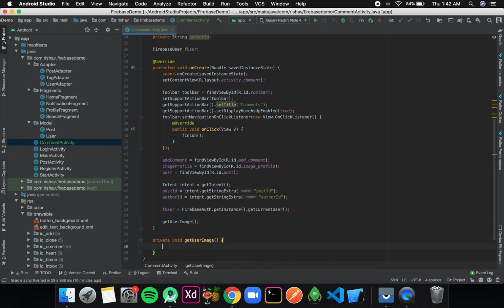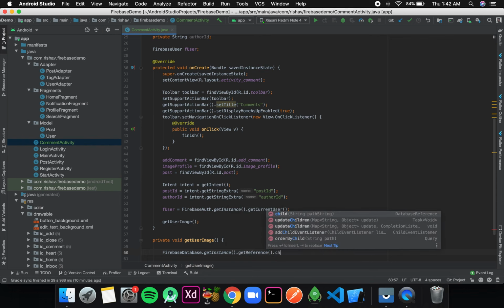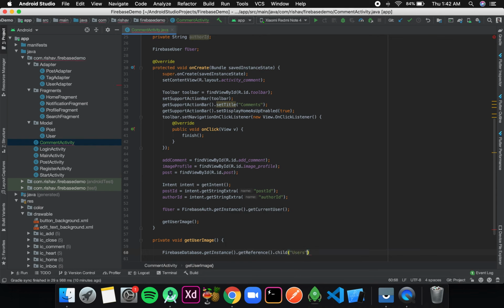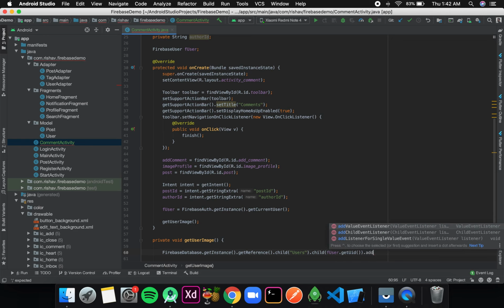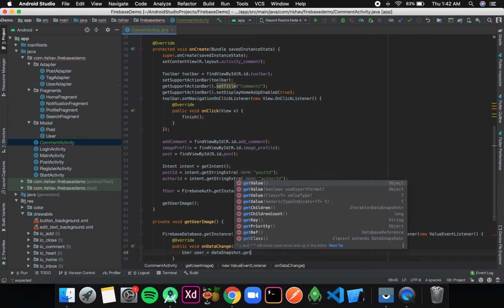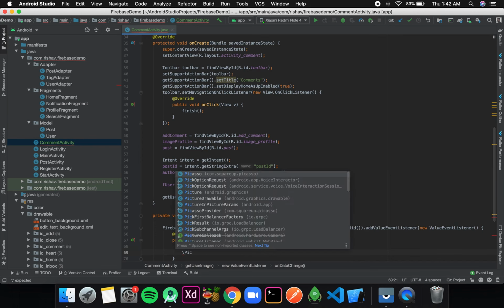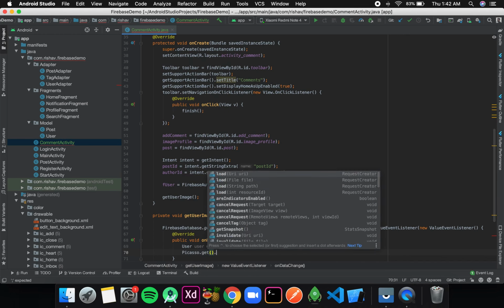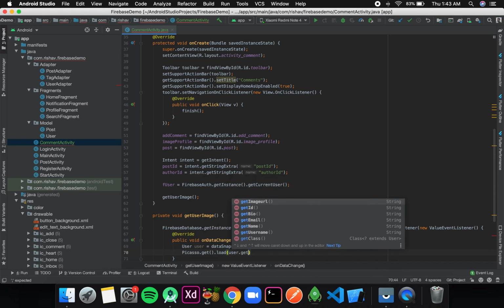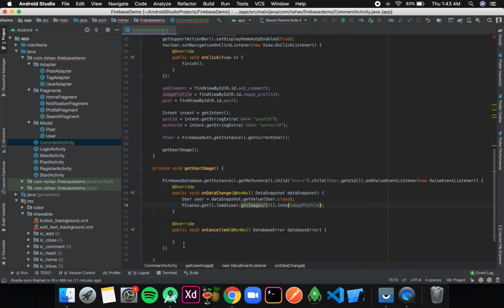So inside this getUserImage I'll add FirebaseDatabase.getInstance().getReference().child("users"), okay, .child(firebaseUser.getUid()).addValueEventListener, new ValueEventListener, then user is equal to dataSnapshot.getValue(User.class), okay, then Picasso.get().load(user.getImageUrl()).into(imageProfile). Okay, so this is done.